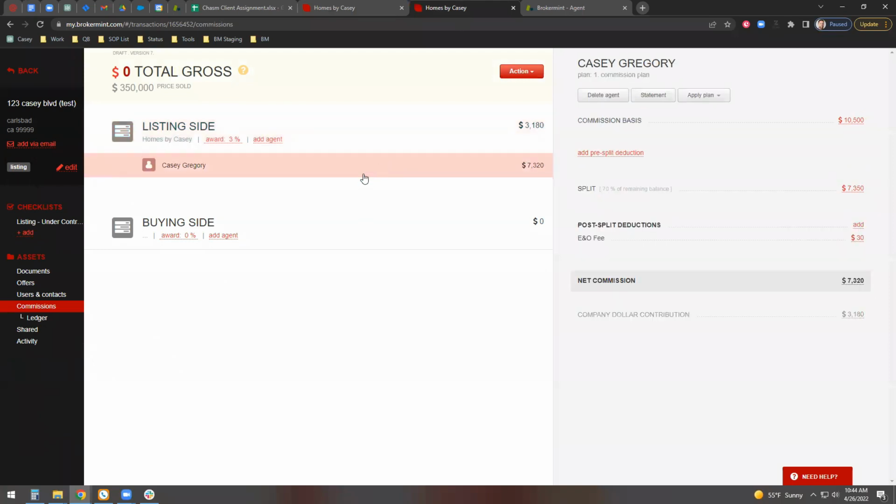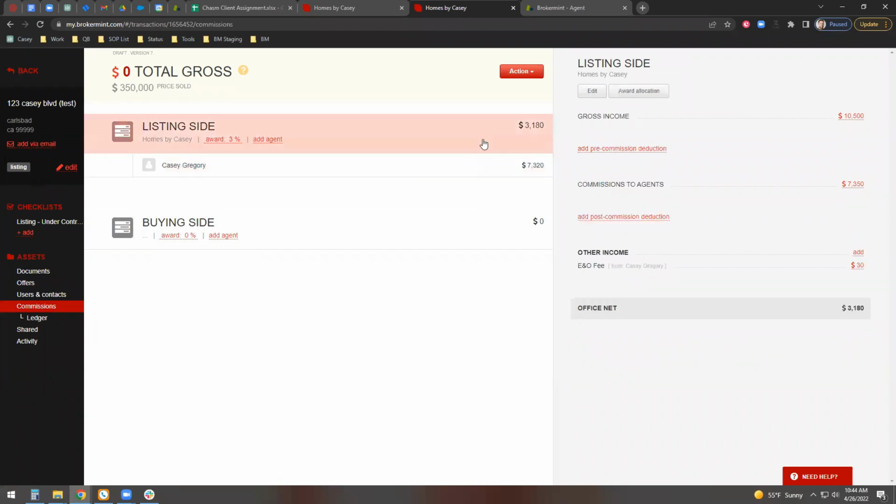And here we have just a basic listing. And at this point, the brokerage needs to collect this $400 from the seller. And there are a couple different ways of doing this depending on the brokerage's needs, but I think it's important to outline the different options. The very first thing we can do to add in additional income is we can add additional money to the gross income,